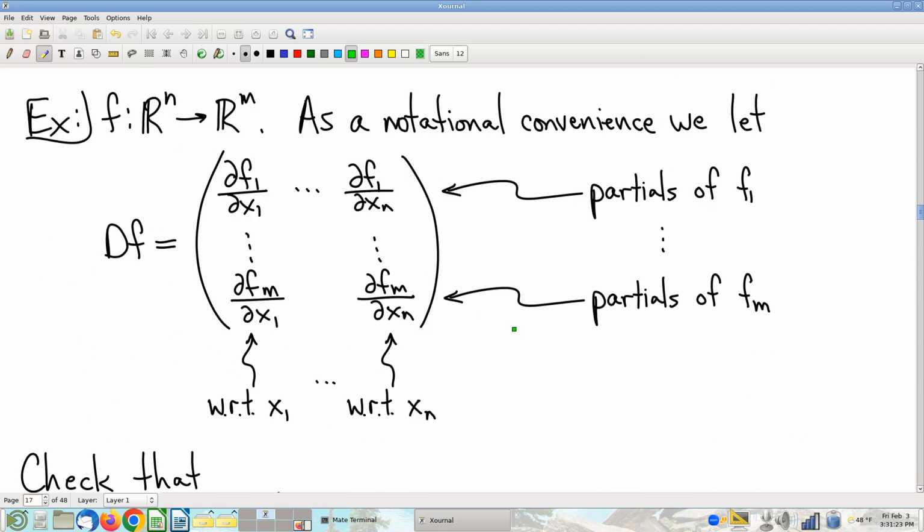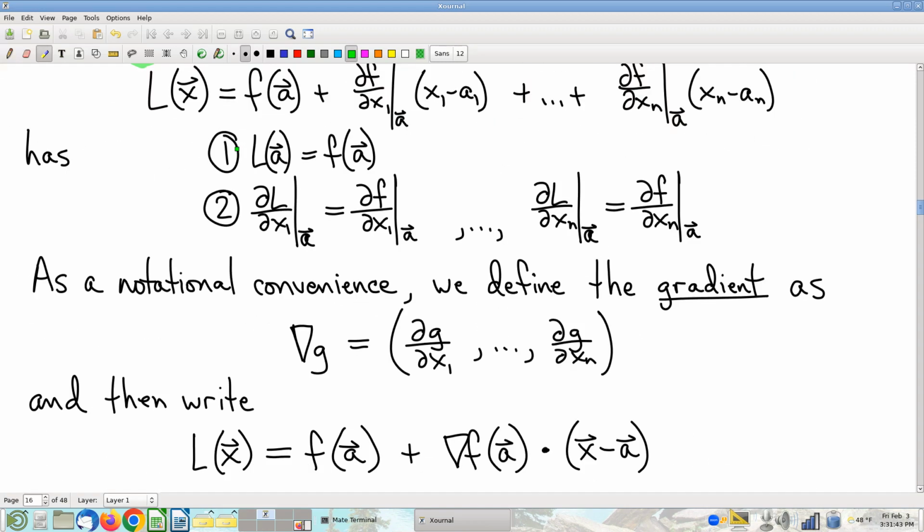So now we're going to go on and consider what happens in the vector-valued case. So suppose that we had, this is our most general category of function we're going to talk about: multiple input variables, multiple output variables. And how do we deal with it? Recall that the gradient here